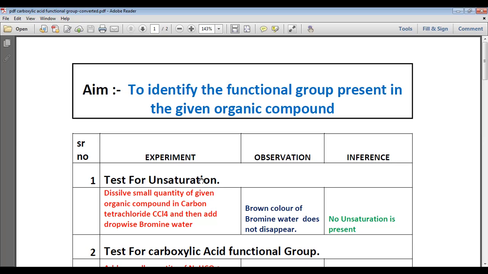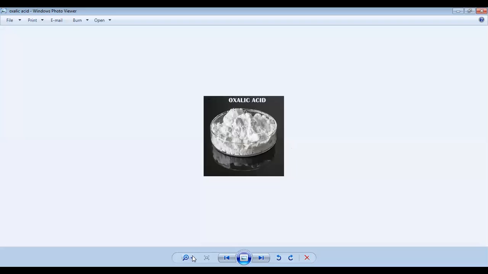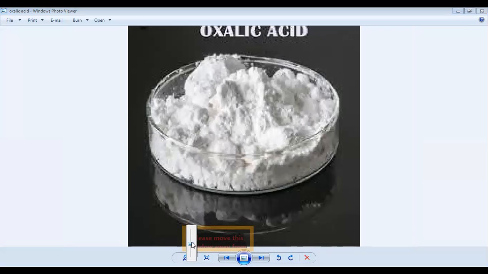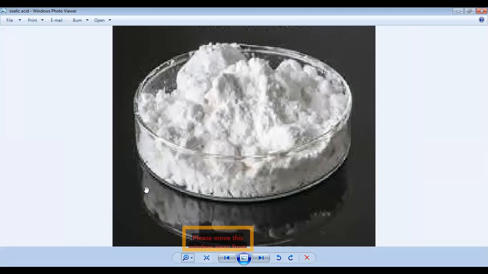The first experiment that we can perform is the test for unsaturation. The kind of salt or the kind of organic compound we may be given, it may be this kind of solid substance that you can see on your screen. This is the kind of substance you may be given. Or